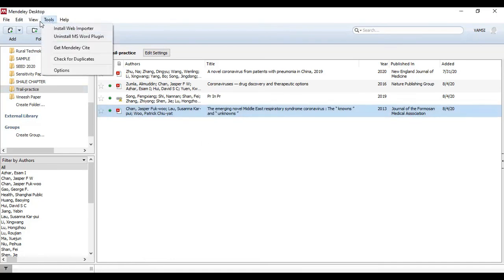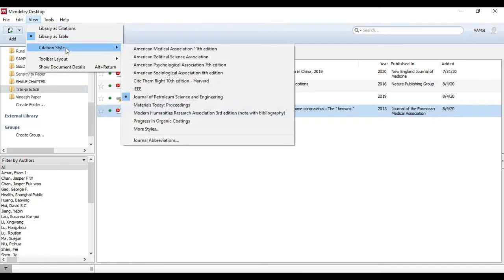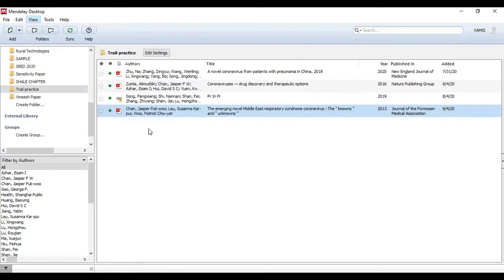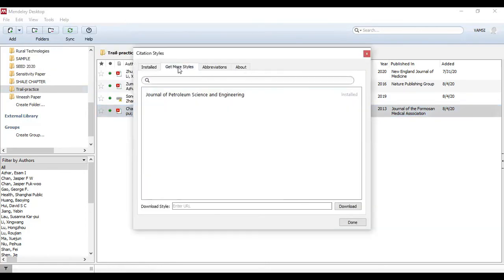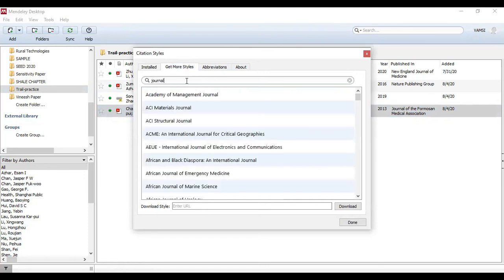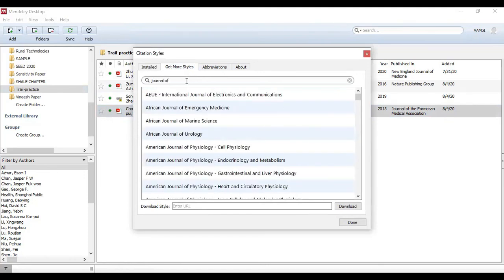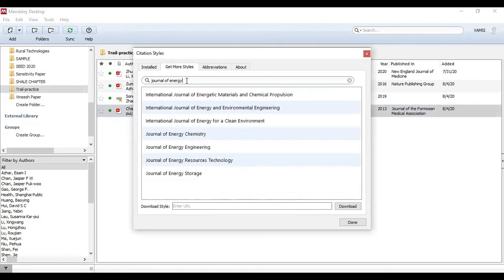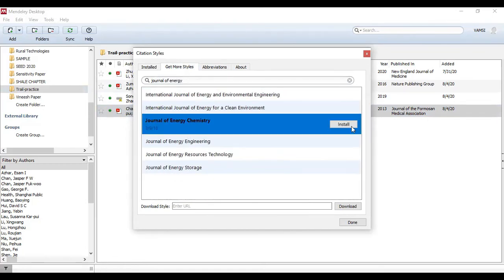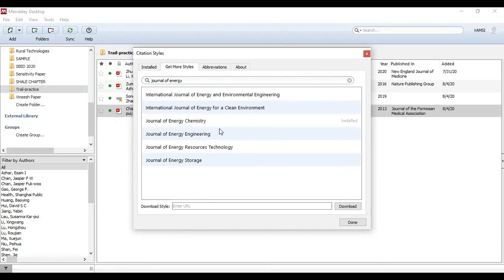Similarly, go to tools, view, citation style. Click on more styles, get more styles here. I'm going with the Journal of Energy Chemistry. This is one SCI journal. Install. It got installed.